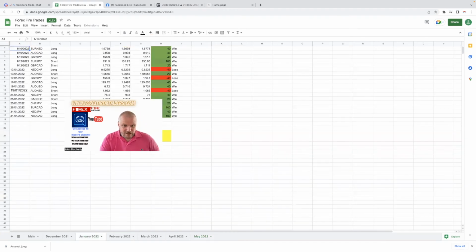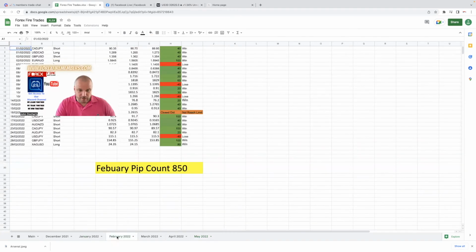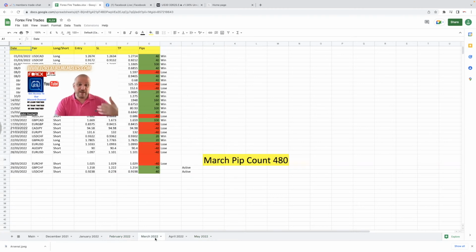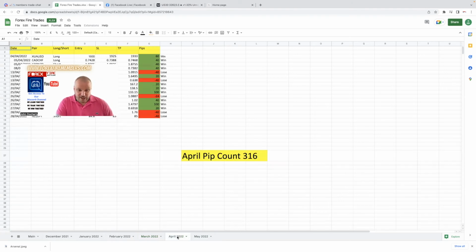And again, going on what we've got, a 540 pip, 850 pip. Then we started coming into the conflict in Ukraine and Russia, sort of hit us for the month of March. Still ended the month positive, but again, this is where the staging comes in. This could have been double or quadruple or treble, sorry, if we stage things in,